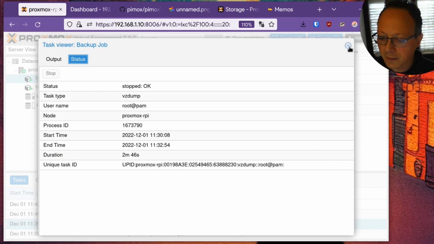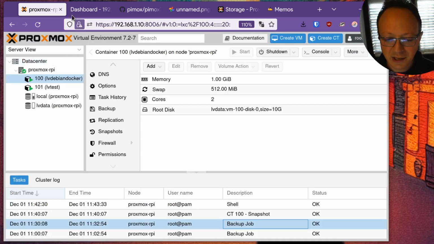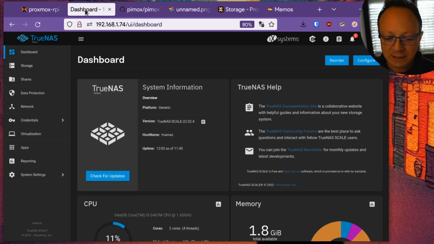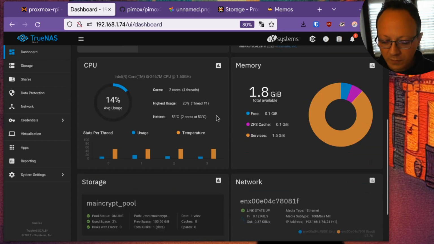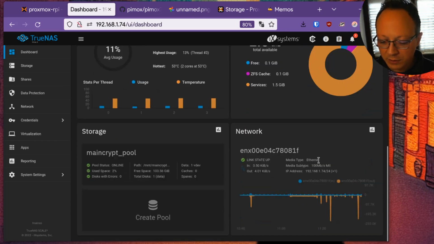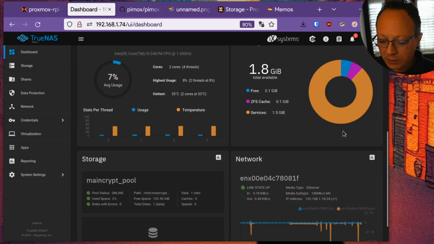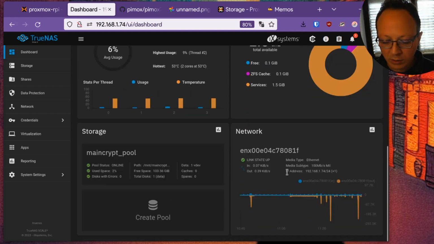And let's do a similar overview of the operating system in TrueNAS. Here we have the dashboard with all the information, CPU, RAM, and network consumption, and storage consumption.